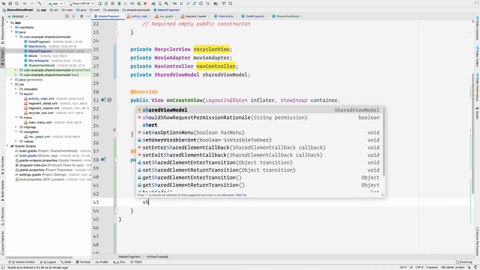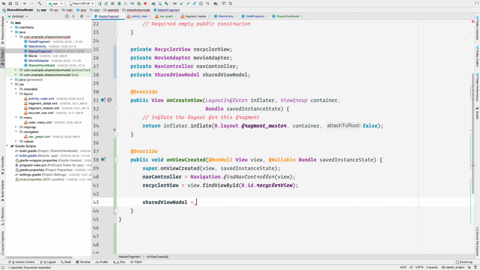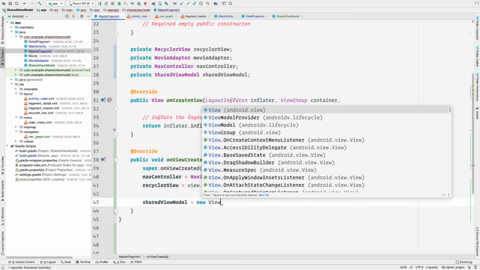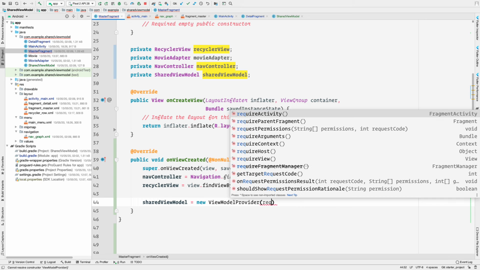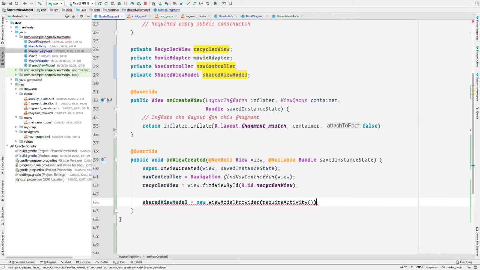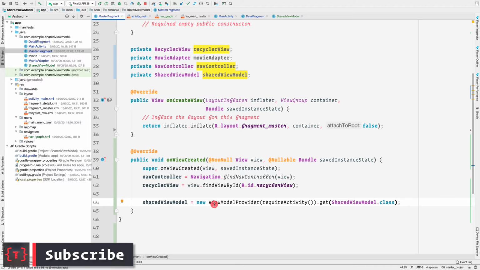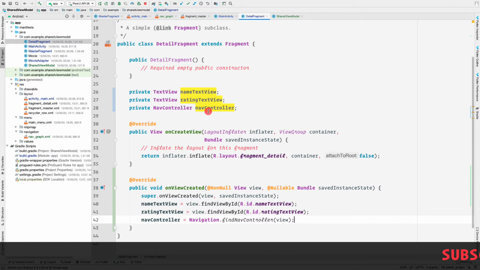So we can simply say sharedViewModel equal to new ViewModelProvider, and here we need to pass in the owner, and for the owner we can simply say requireActivity, and then we can get SharedViewModel.class. This is how you initialize your SharedViewModel inside your fragment, using requireActivity for the owner.